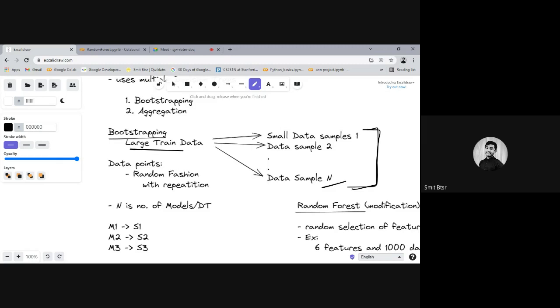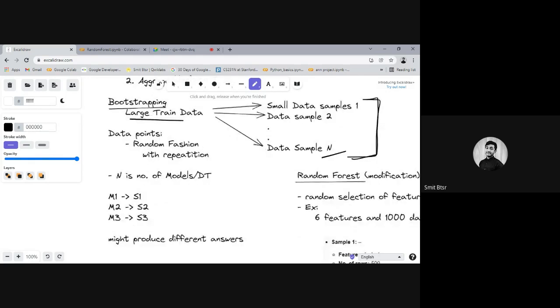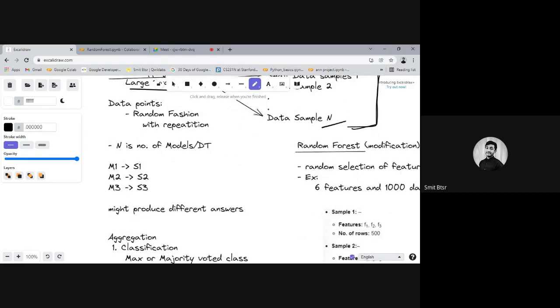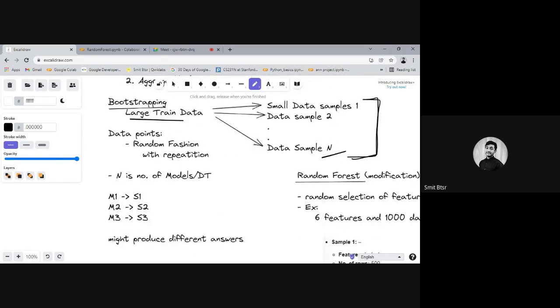We decide n using trial and error, and we create that many data samples, n data samples. Then, as I mentioned, we first need to consider how many models we want.